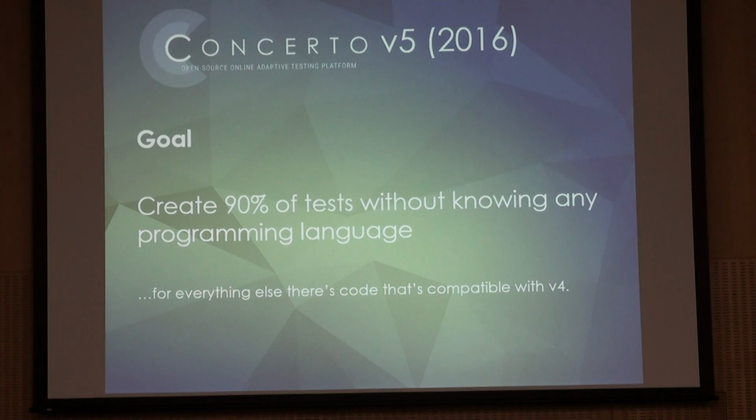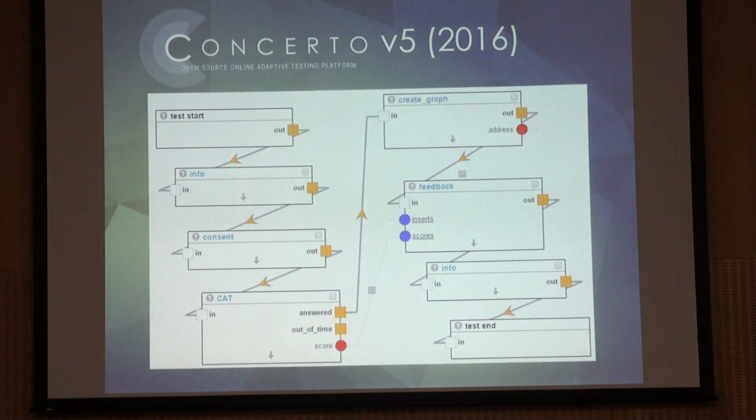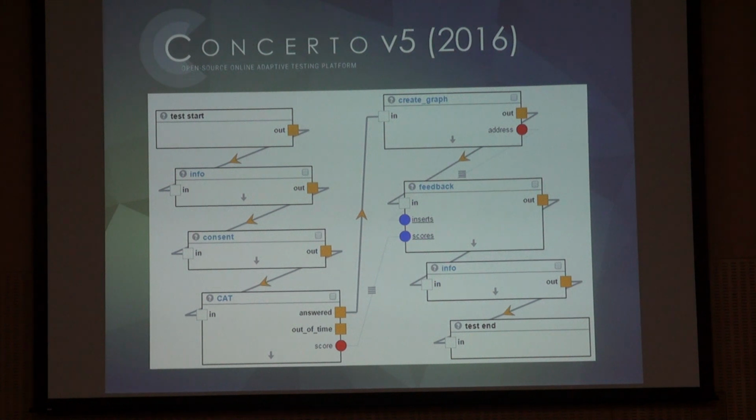And indeed, even if you use the front end interface to build stuff, you can still see what code is behind that if you want to, and you can play around with it. But hopefully, we want to get to a situation where you can create 90% of the things that people normally create without having to know any programming. And the way we thought we would try to achieve that is with this kind of flowchart interface. That's what really makes version 5 different from the past.